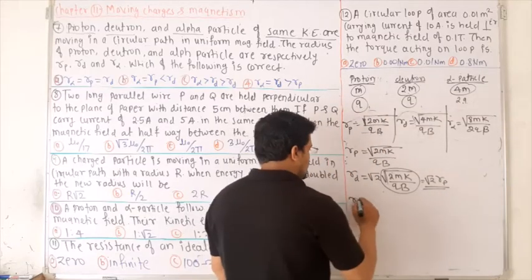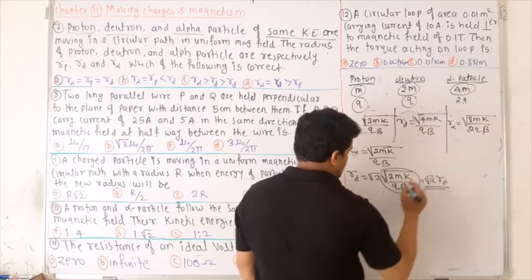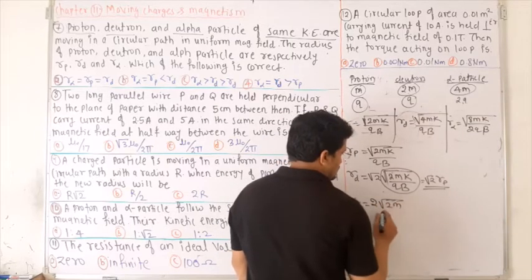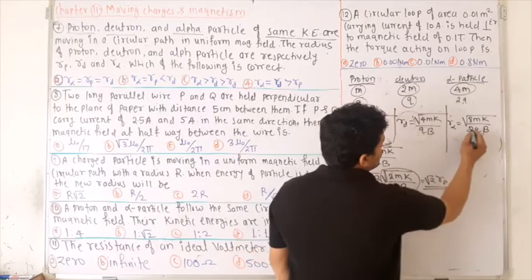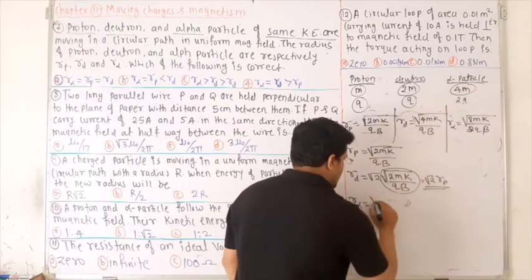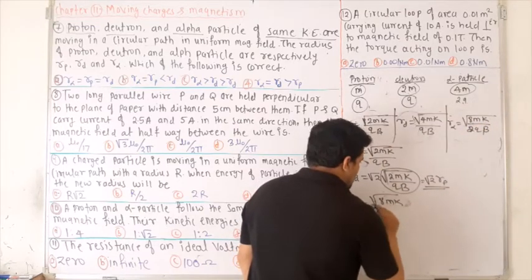Next, for the alpha particle, take this one. The 2 you can take under the root, it becomes 4. So it can be written as 8mK divided by